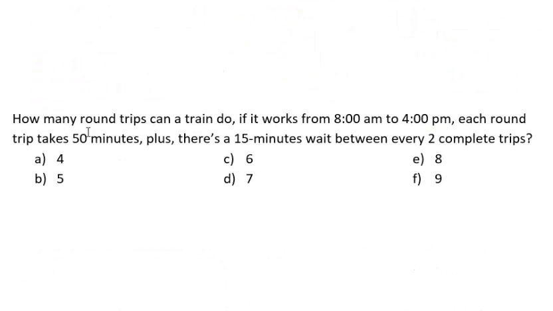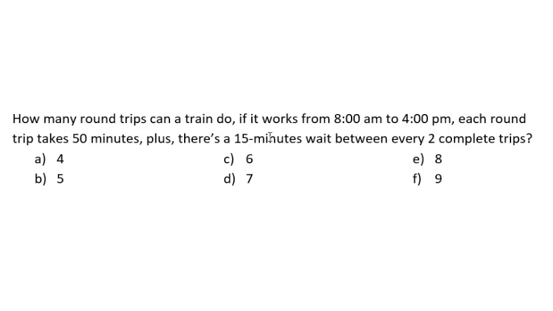Okay, this other exercise is talking about a train that makes round trips. A round trip is a trip of going one way and then coming back. That's what you call a round trip, a complete trip of leaving and then coming back. The question is how many round trips this train can do if the train works from 8 a.m. to 4 p.m. and each round trip takes 50 minutes, plus there's a break between every 2 complete trips. So our goal is to follow